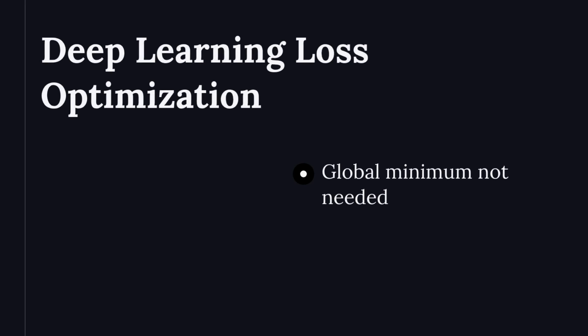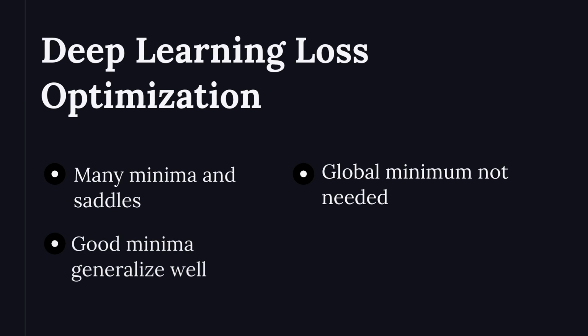Deep learning often optimizes highly non-convex loss landscapes, with many local minima and saddle points. Modern algorithms may not find a global minimum, yet they can still converge to minima that generalize well. Performance is then measured with task-specific metrics for classification, regression, and generative modeling.